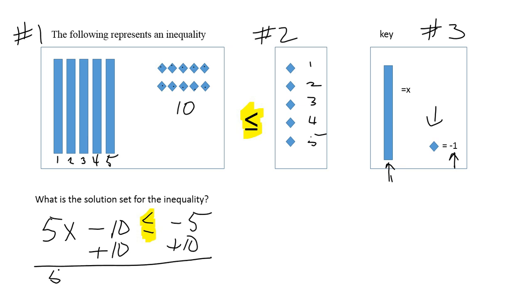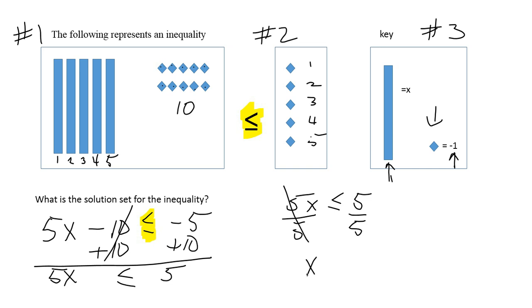Okay, so this 5x stays here. This canceled out. I still have my inequality. And 10 minus 5 gives me +5. So again, I'm looking at 5x is less than or equal to 5. In order to solve this for x, I'm going to divide both sides by 5. My 5 is positive, so I don't have to worry about changing the direction of my inequality sign. So these 5's cancel out to 1, and I'm left with x is less than or equal to 5 divided